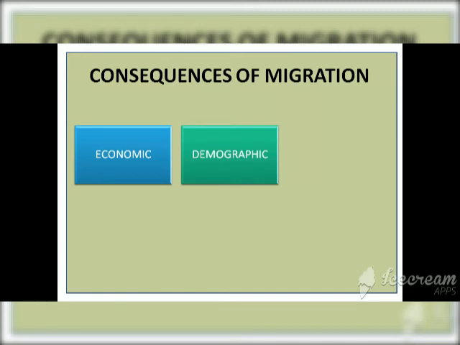The next we have is social consequences. Every society is different, their norms and values are different. New ideas related to new technologies, family planning, girls' education, etc. are diffused from urban to rural areas. Migration also causes intermixing of people. In a particular society, a variety of people from different societies live together, so it has a positive contribution to the society.